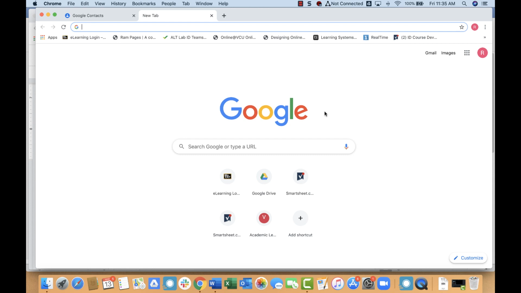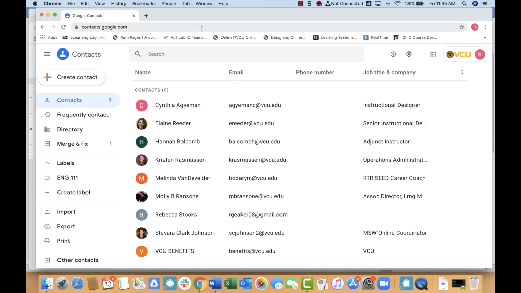So I'm going to go ahead and walk you through this process. It does require a bit of setting up in the beginning, but that's something you only have to do once and you can use it as many times as you need to. So the first thing we're going to do is navigate to Google Contacts, which is simply contacts.google.com. And for your Gmail account, this is basically where all of the people you've contacted and the BCU contact